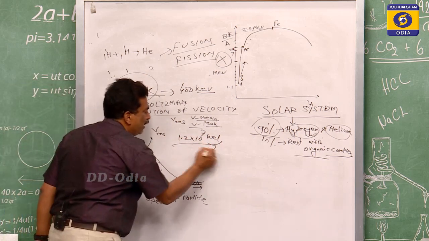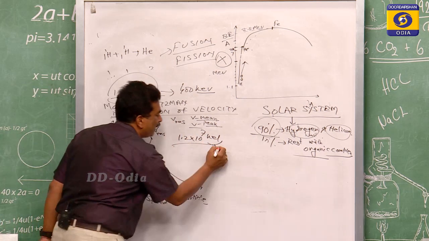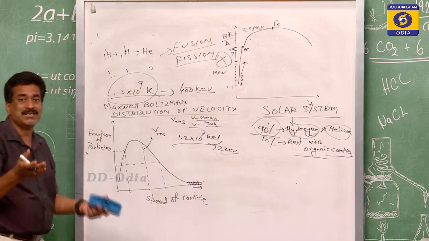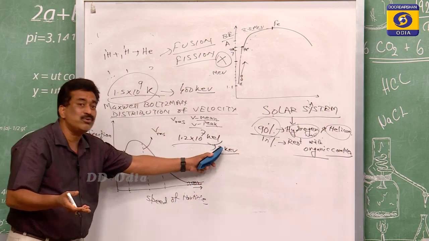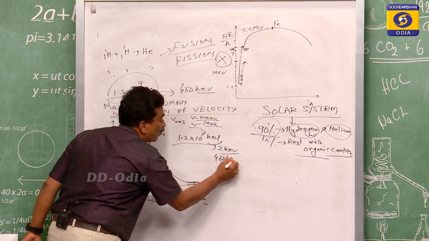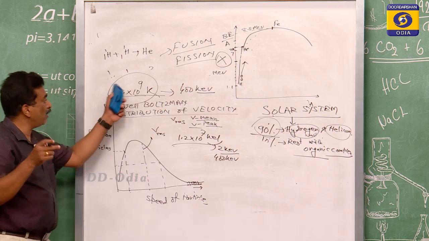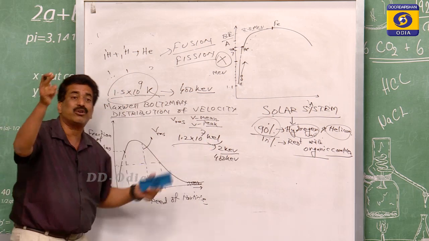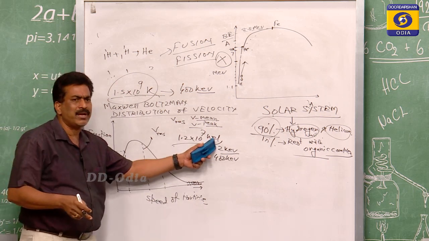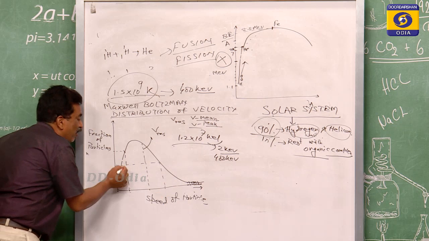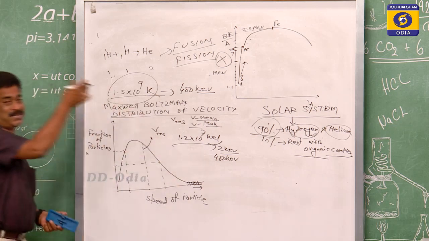For this, the average we have taken is 2 keV, meaning the average energy is 2 keV. But we have said the fusion process requires 400 keV, while it is 2 keV. Sir, it is only 2 keV, so how is the 400 keV coming? You see, this is not the same at all places.